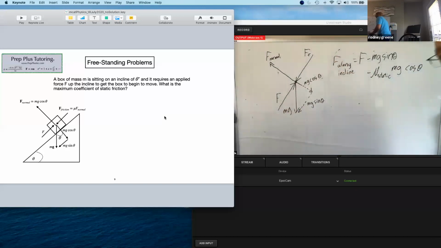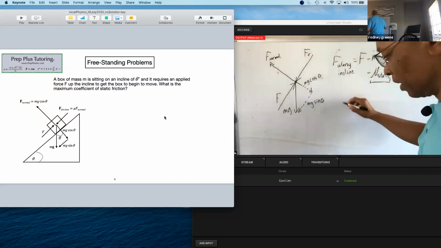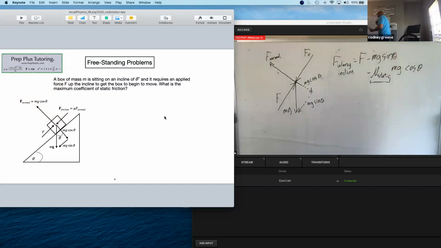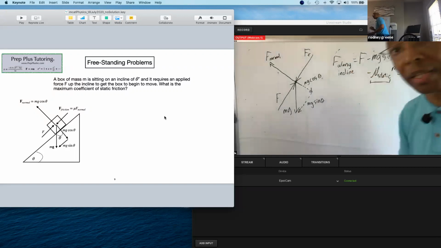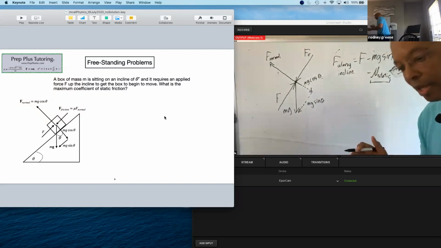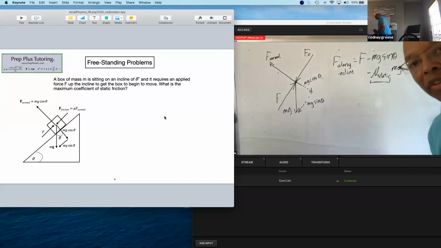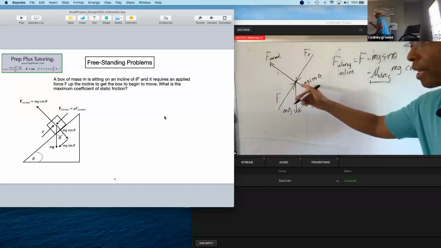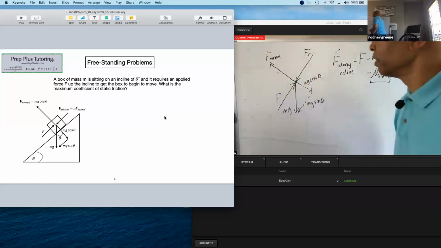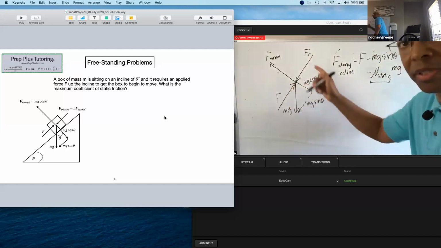And then the problem asks us to solve for the static coefficient of friction. You can go through the algebra to solve for this, and the answer is going to be in terms of all this stuff in here. Oh, I'm sorry. This is the force along the incline, and from the statement of the problem, we're talking about a coefficient of static friction. Okay, so static friction means this box is not moving. So this box is at equilibrium.